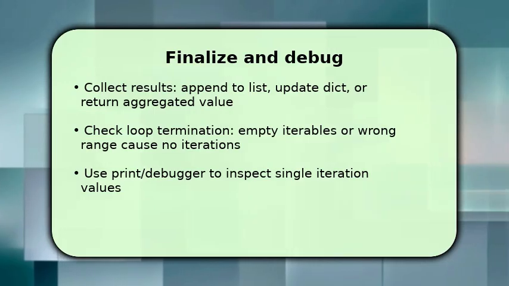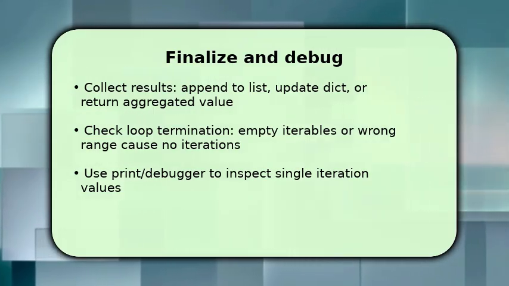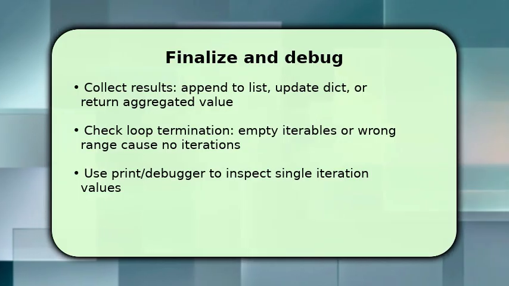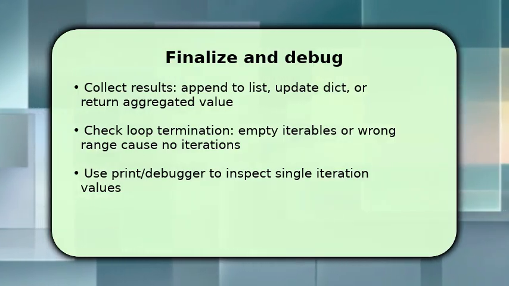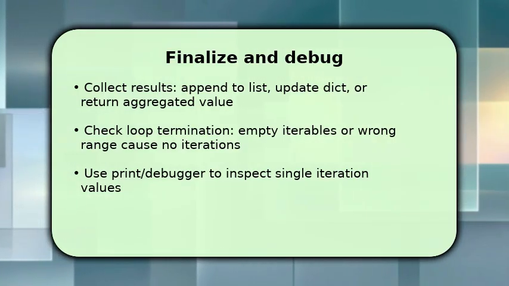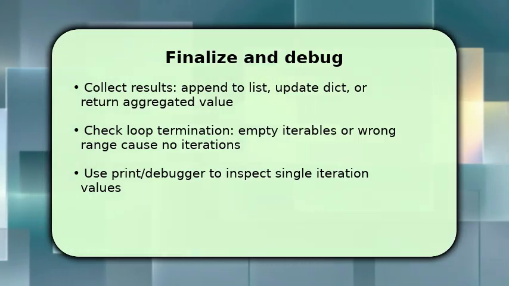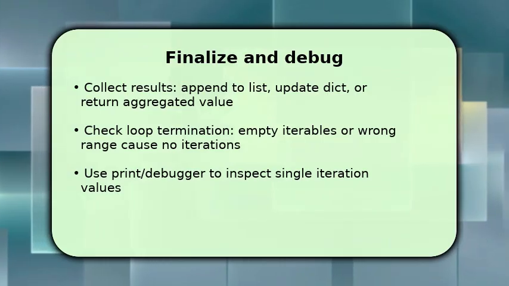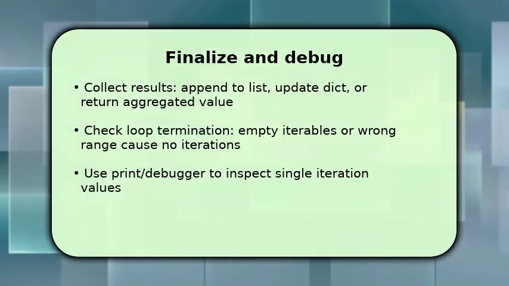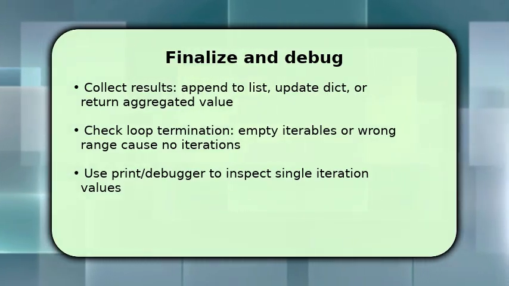Once done, ensure your loop runs the expected number of times by verifying the iterable and range parameters. If results differ, make sure to inspect a single iteration with a print or debugger to see variable states. This catches off by one and type issues quickly. If performance matters, consider list comprehensions or